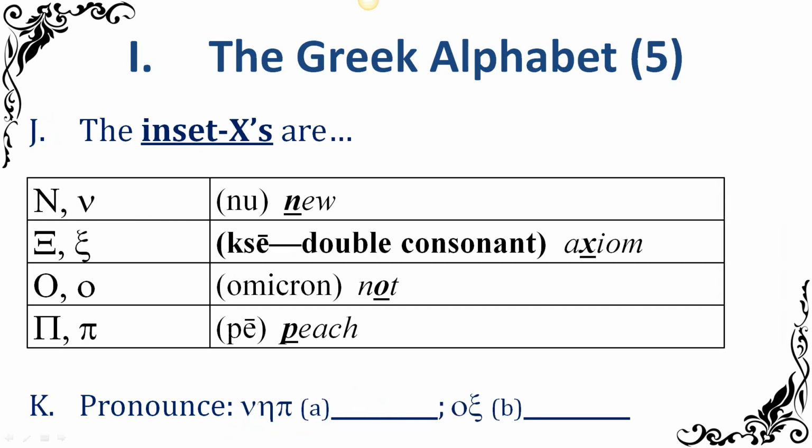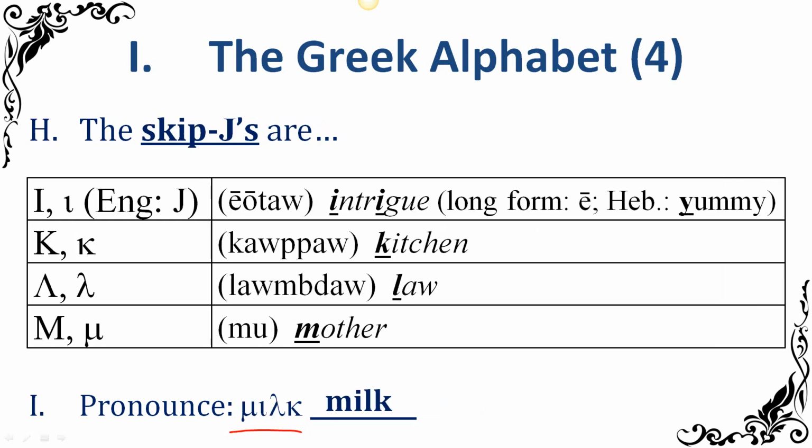Oh wait, can you go back? I missed the skip J's. Yep, that's just the name of the set, and those are completely arbitrary. They will change from person to person. I call them the skip J's because it's like the English alphabet except you skip J, because there is no J. Iota, Kappa, Lambda, Mu, there's no J.